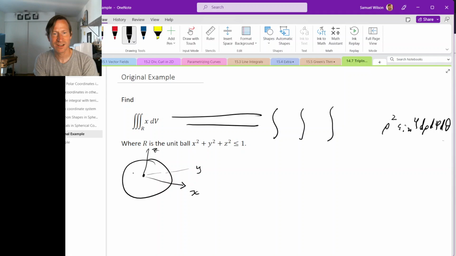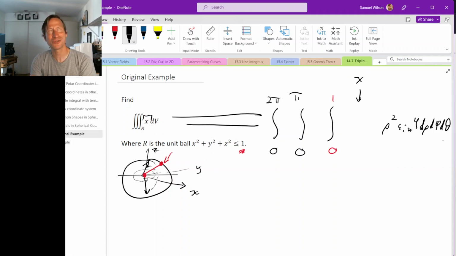So from 0 to 1. Okay, and then the last thing we need to do is put our integrand in here. Our integrand is x, but remember we need to write x in terms of spherical coordinates. And in terms of spherical coordinates, x is, let's see, it's rho cosine theta sine phi. All right, so here's the integral that we need to calculate to compute the integral over the unit ball of